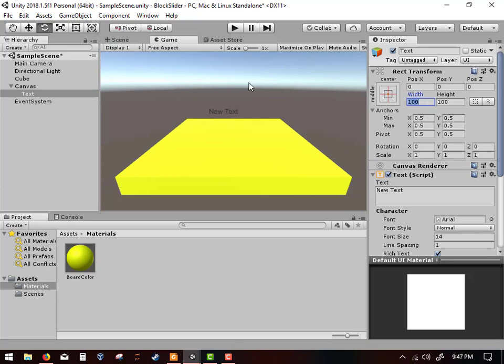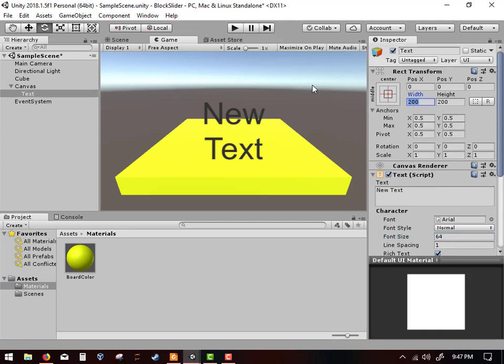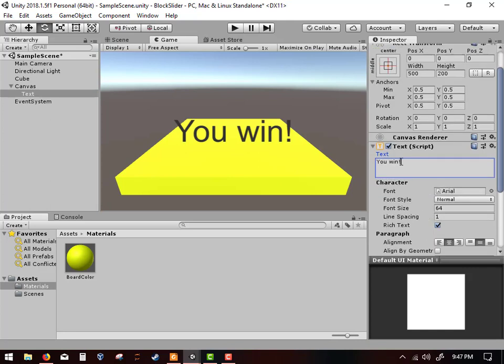I also like to set the width to be 200 and the height to be 200. I also like to come down here and set the alignment to center for both the vertical and the horizontal alignment. I like to set the font size to be nice and big, so let's say 64. Let's make it a little bit wider here. And let's say "You win." All right. Now that we've selected the text of "You win," it's nice, it's big, it's visible,